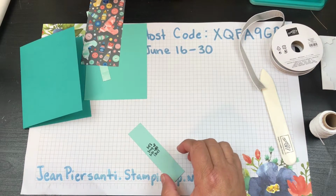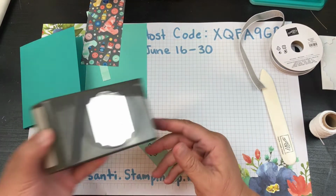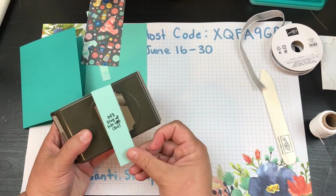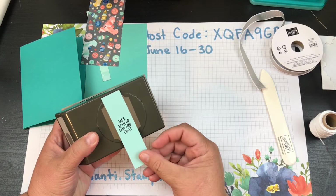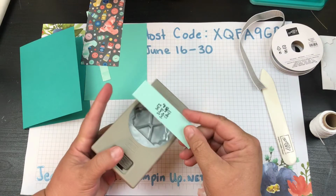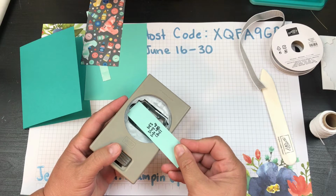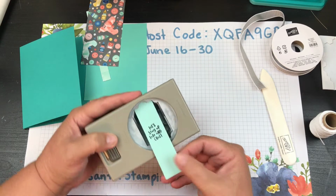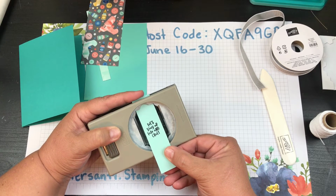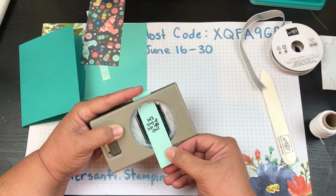Now, the way that I got these little areas there is I have this punch. Now, I could have just punched it out if I wanted to, but I wanted it to be longer and thinner than what the punch is. So let me show you how I do that. I flip this guy over, and I'm going to take this part, and I'm going to stick it right in there in the opening. And then I'm going to hold it straight and line it up to where I want it cut. And then once I find where I like it, which is right about there,